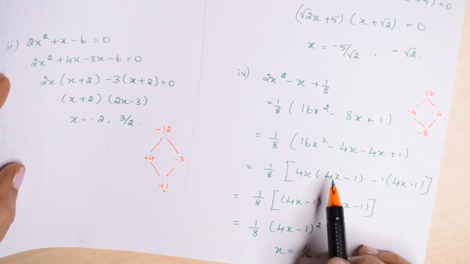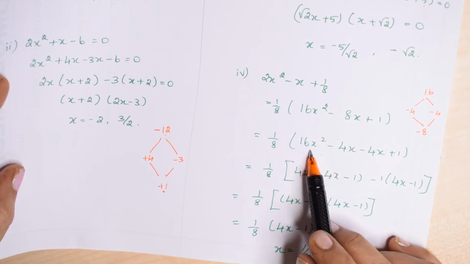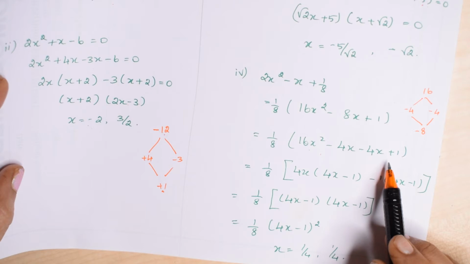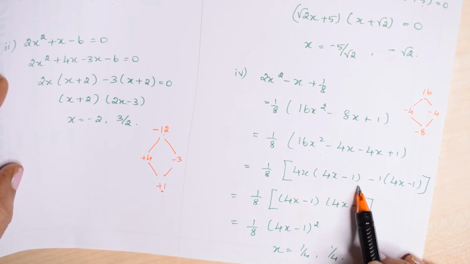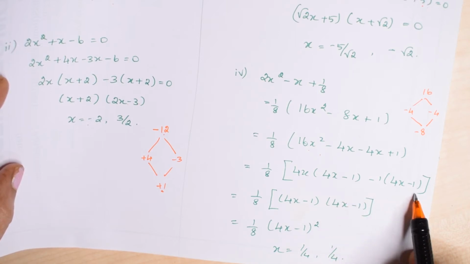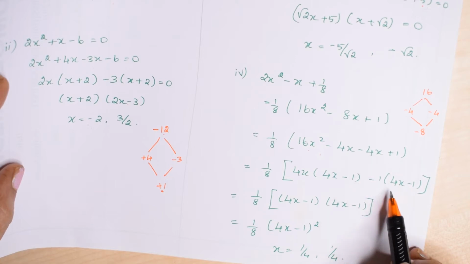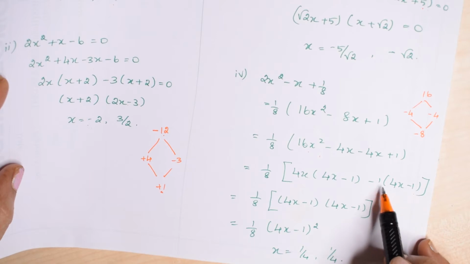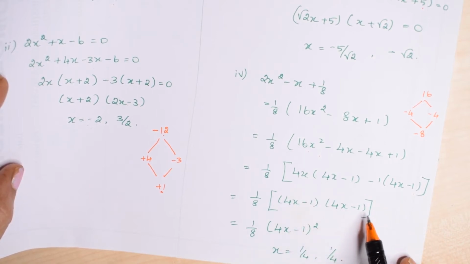Okay. So again the common term here is 4x. I am taking it out. The remaining is 4x minus 1. Again in this also I am taking minus 1 outside, because here I have minus 4x plus 1 and I want 4x minus 1. The same way I want 4x minus 1 here in the bracket. So I am taking minus outside. When I take minus outside, this term becomes plus and this term becomes minus. Only then I get the same thing in the bracket, right? So I am taking minus 1 outside. So I have two brackets, 4x minus 1, 4x minus 1.